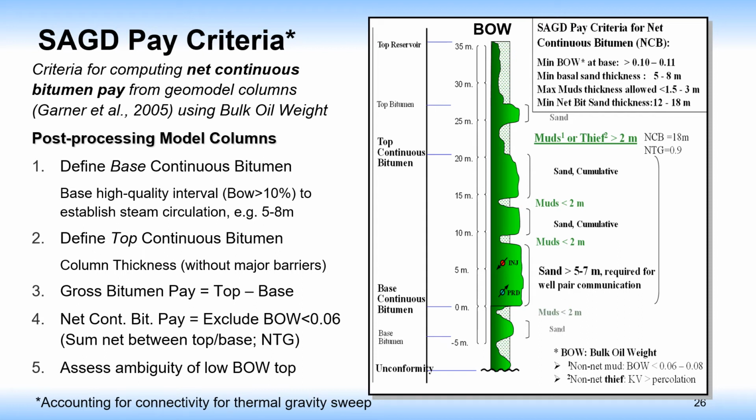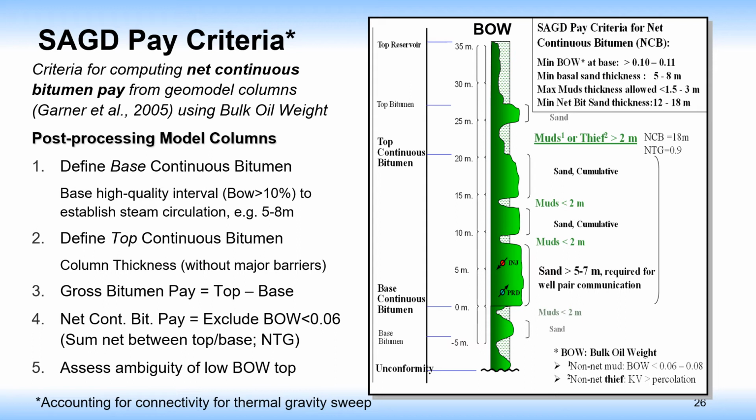Why model columns? Because that's scalable from small models to large models. We can calculate this connectivity on large areas for helping us plan our pads and forecast expected production numbers and